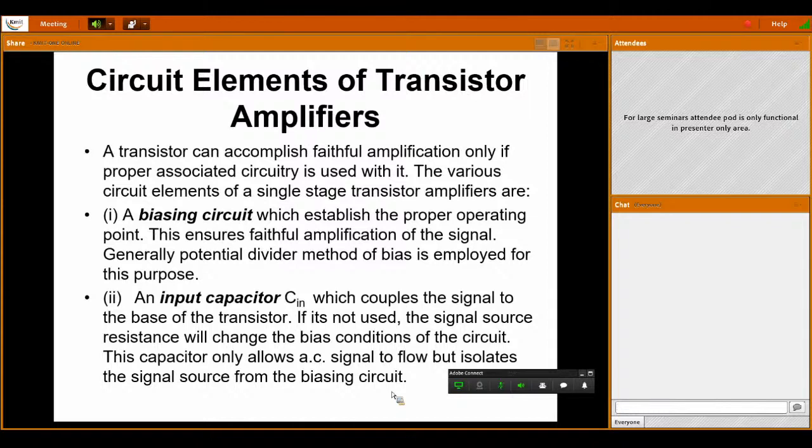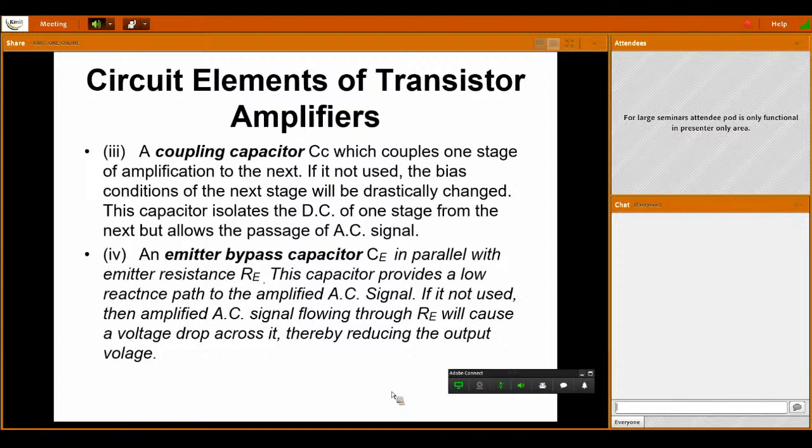So in order to avoid that, the coupling capacitor isolates your input signal source from the DC or the biasing circuit. Because of these two reasons, we have to connect the coupling capacitor at the input of your transistor. So next,